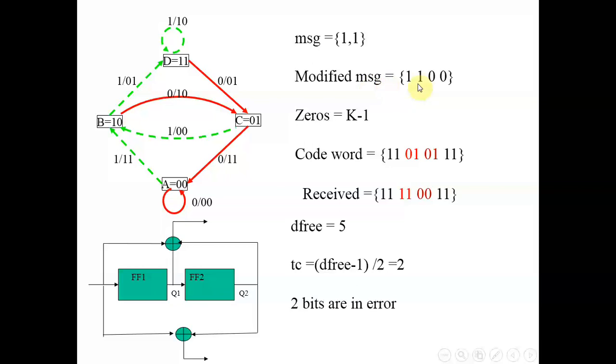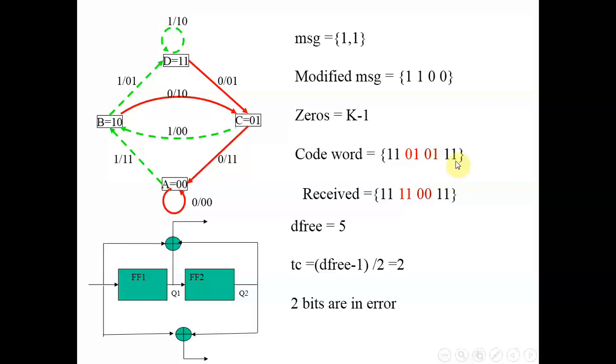So I'm going to encode the message 1100. If I encode the message 1100, the code word which we get is 11010111. You can try on your own with the help of the state diagram. The first bit is 1, you are in the state A. First bit is 1, you go to B, but your output is 11. Now you are in B, you receive the next bit which is 1, so you go to D, your output is 01. Now the third bit which you receive is 0, so you move from D to C, your output is 01. And lastly, the last bit is 0, you come from C to A and your output is 11. So the code word is 11010111.